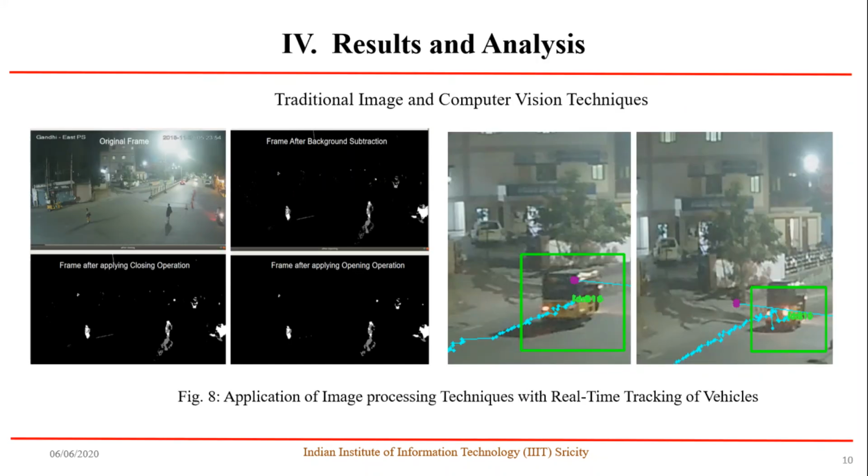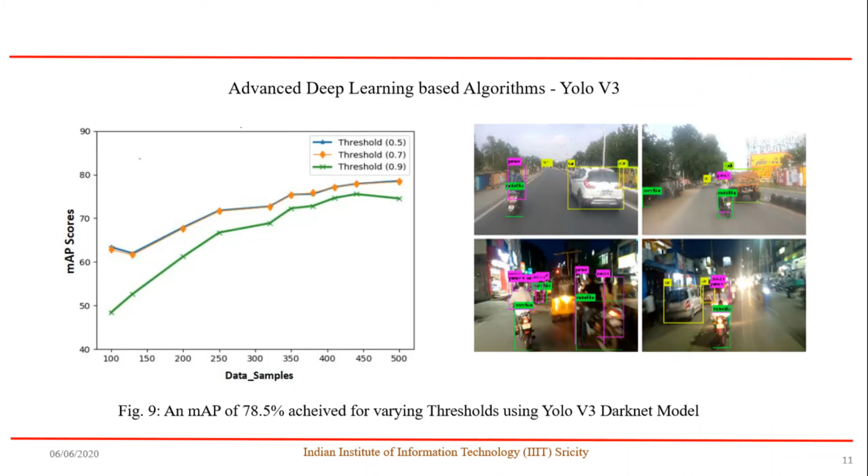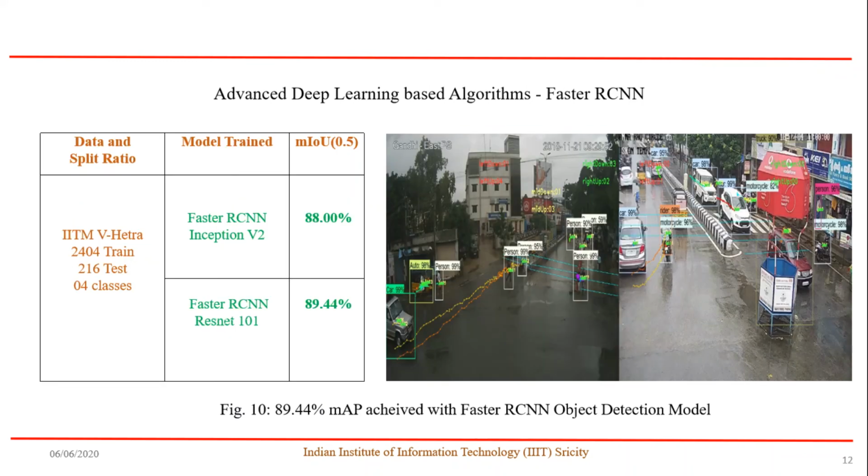Figure 8 shows the results of applying traditional image and computer vision techniques along with the tracking of vehicles in each and every frame. Whereas in figure 9, you can observe on the right side the detections of each and every object considering both day and nighttime images, where YOLO with 500 image samples has achieved 78.5 mean average precision. In figure 10, on the right hand, you can see the detection accuracy in both day and nighttime and also rainy images. Fast RCNN has been tested and experimented on the IIT Madras v-hetero dataset with backbone networks as Inception v2 and ResNet 101, achieving an overall